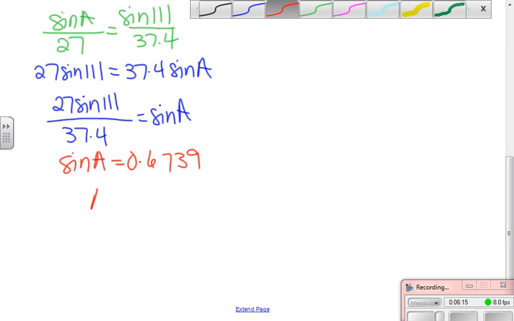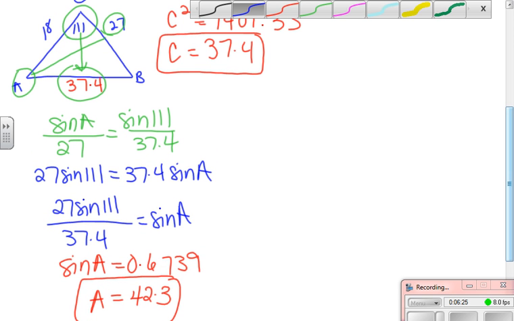Take the inverse, and A ends up being about 42.3 degrees. Now at this point, you have that choice to make again. You could quick set up a law of sines problem for B, or you could subtract from 180. I'm going to go with, just for practice, a quick sine of B problem,